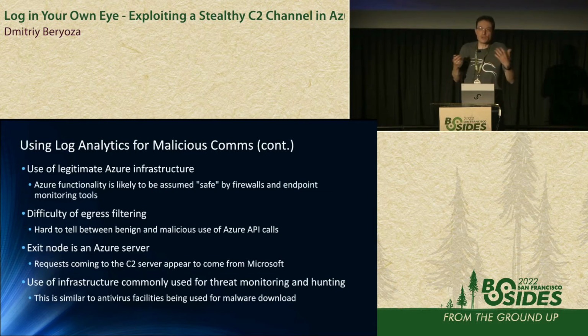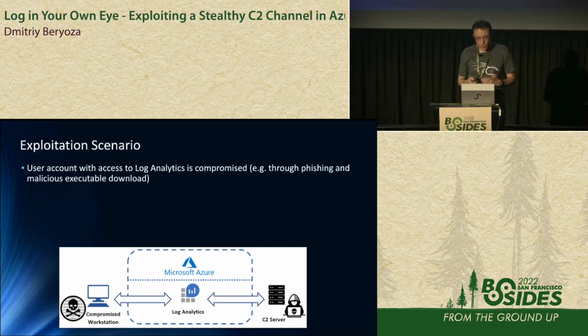So to me, it feels like, you know, there were these recent incidents where malware was using antivirus update channels to download the second stage of malware. So they essentially were using antivirus infrastructure for malicious purposes. So to me, that feels like this is a security infrastructure, a security service, and yet there's a possibility that it could be abused. So what's the scenario here?